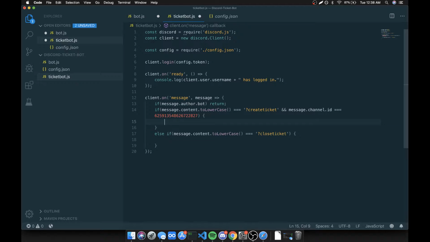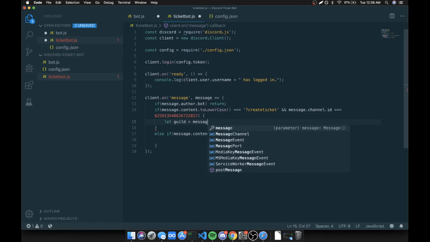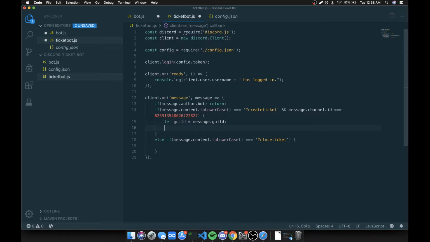We're going to create a new channel. So we're going to say let guild equal message.guild, because we might need the guild object later on. So we're just going to let that go over here. And I'm going to say guild.createChannel. We need to pass in a couple of parameters. The first parameter is going to be the name of the channel. For that, I'm going to use template syntax,